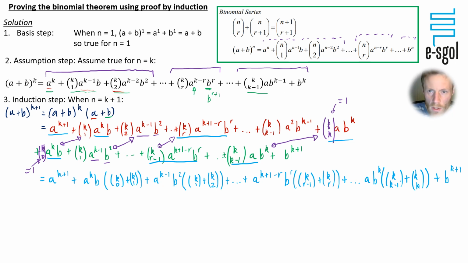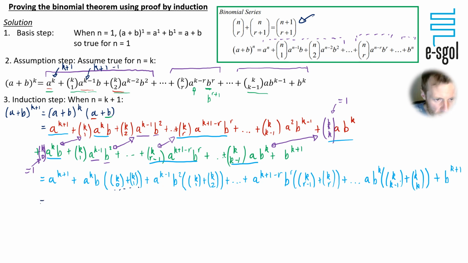Now this is looking good, because we're looking here at Pascal's identity, and that's what we're going to apply to each of these bits in the brackets here. And remember, ultimately we want all of the k's that were here to be a k plus 1 ideally. I will also explicitly write this as k plus 1 in there, just to make it obvious. I might have k plus 1 minus 1 in my answer.